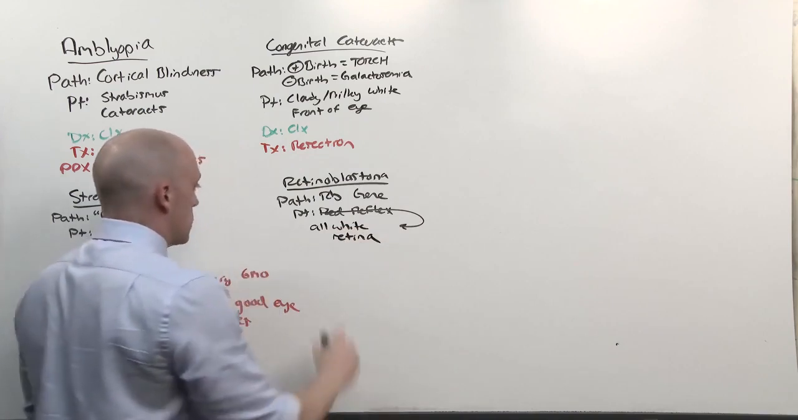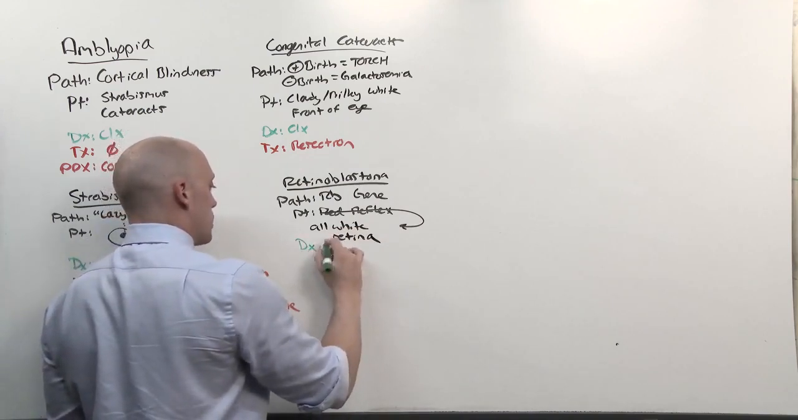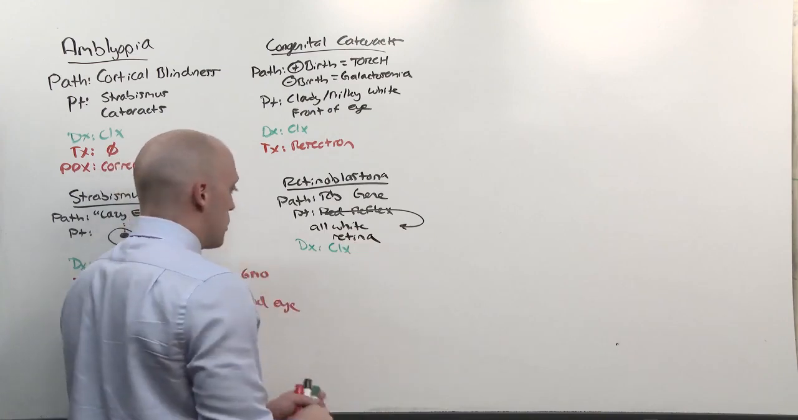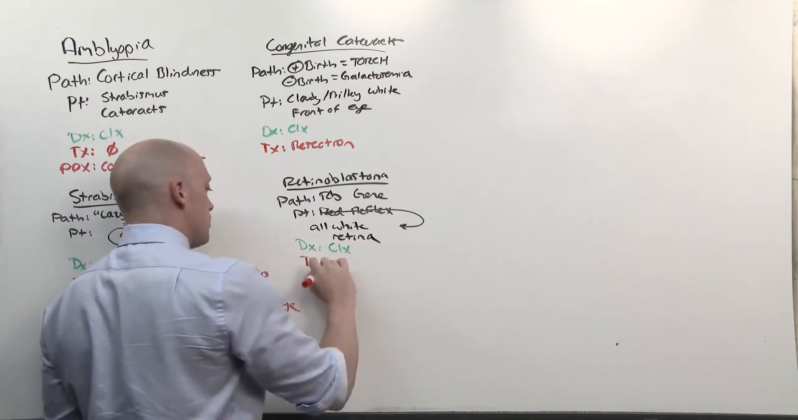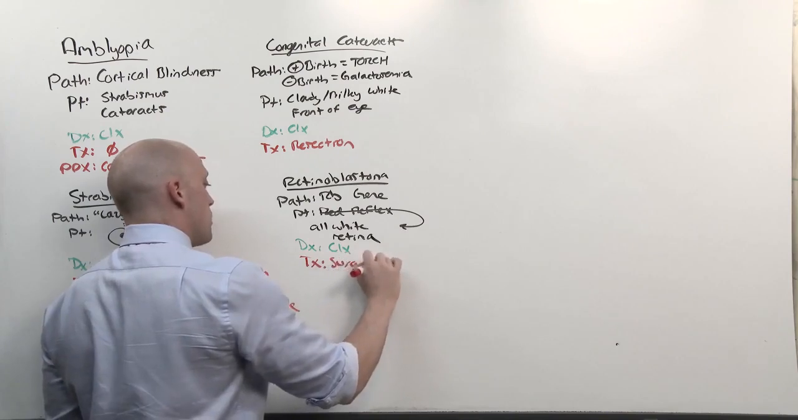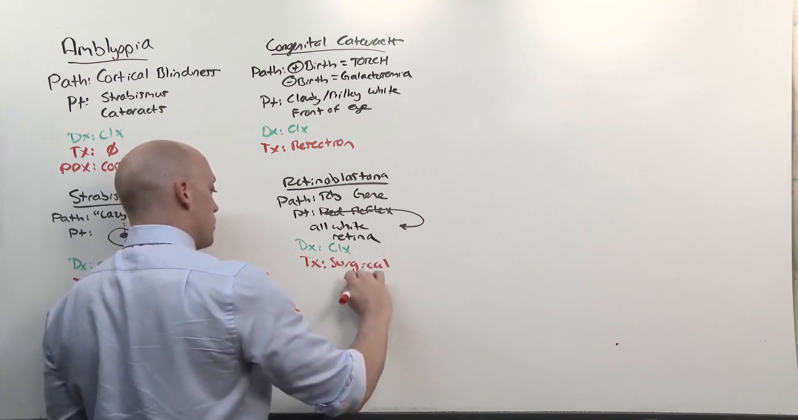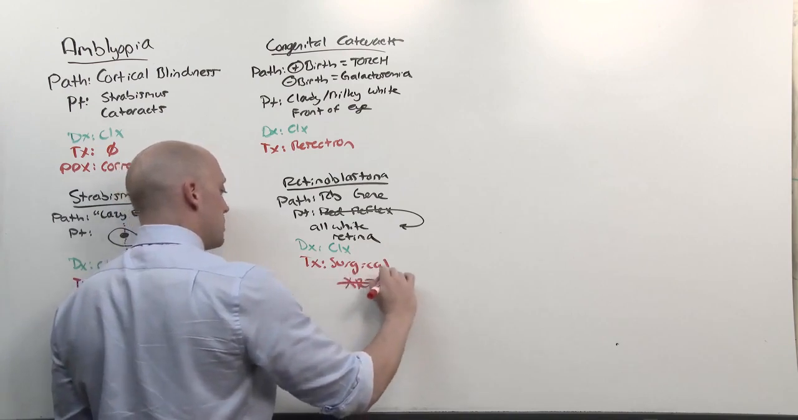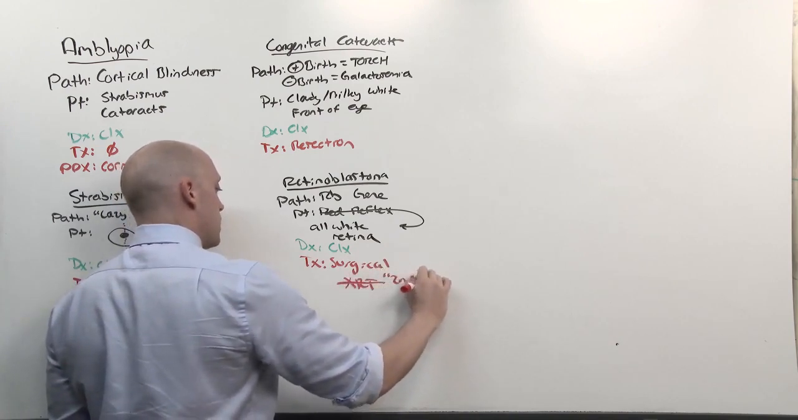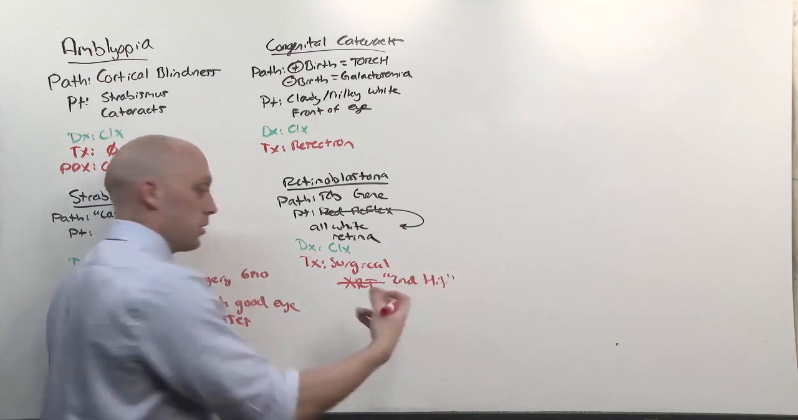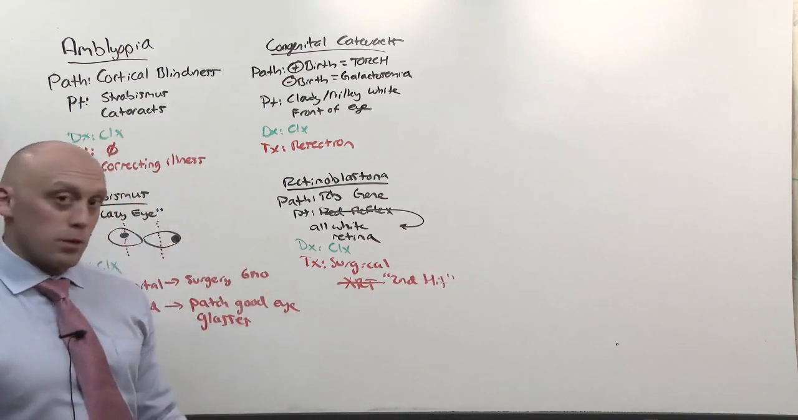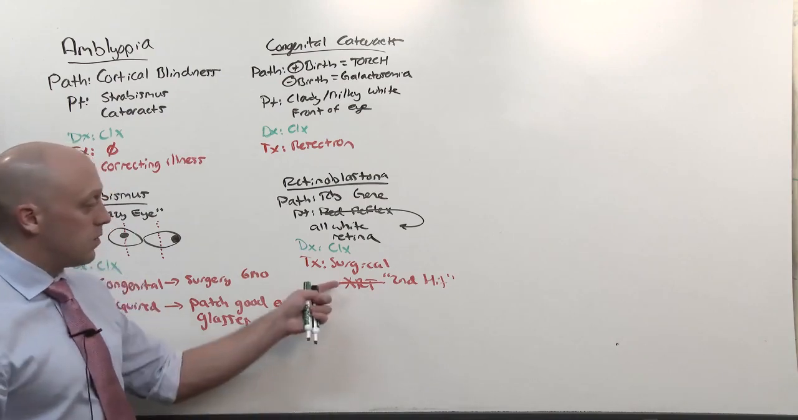The diagnosis is clinical. You look back there and see it. And the treatment is surgical. Now, you may be tempted to use radiation. Don't do that. That's going to be the second hit for the other eye, and you're going to actually induce a tumor there, and the person won't have any eyes, because you have to actually take out the entire eye